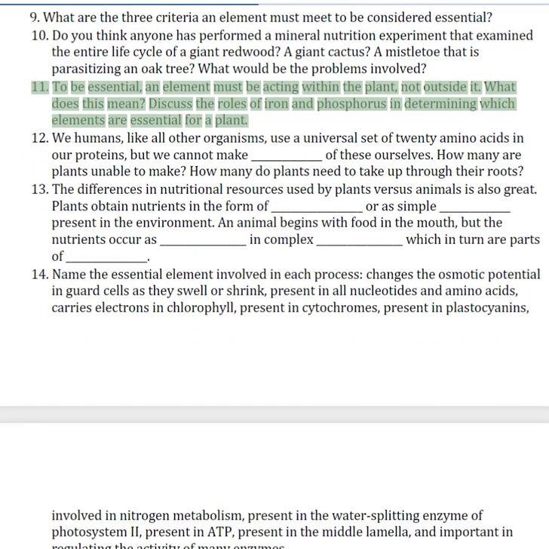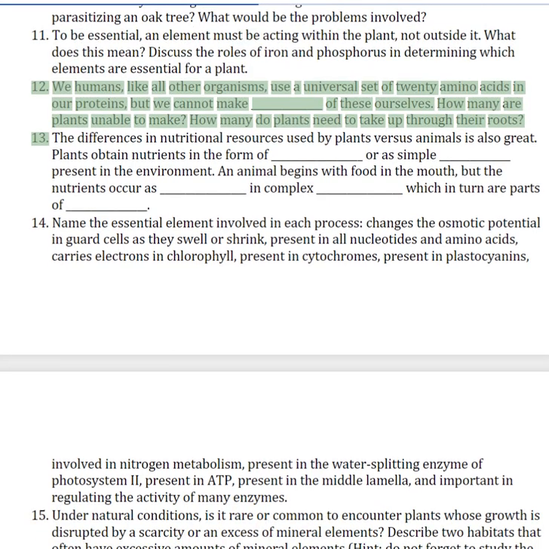11. To be essential, an element must be acting within the plant, not outside it. What does this mean? Discuss the roles of iron and phosphorus in determining which elements are essential for a plant. 12. We humans, like all other organisms,